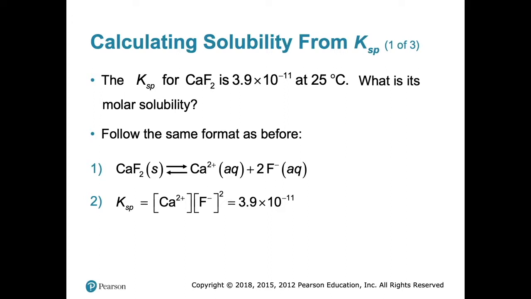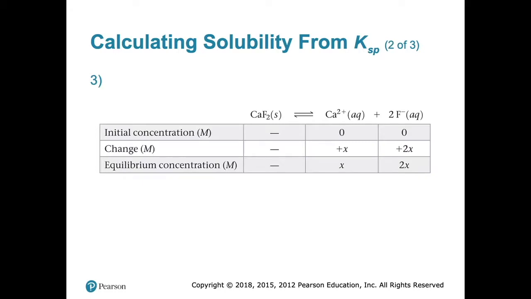So Ksp then equals the calcium concentration times the fluoride concentration squared, equals 3.9 times 10 to the negative 11. So you have this little equation here. It sure does look like those Ka equations we have to do, right? And so, again, I have to use the ICE table. At the very beginning of the ICE table, we have here calcium fluoride, and remember, when it's a solid, you don't have to put anything there. The initial concentration of calcium is 0, and for the 2 moles of fluoride, that's also 0.